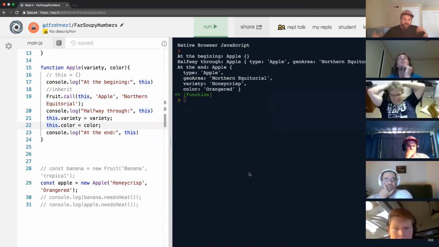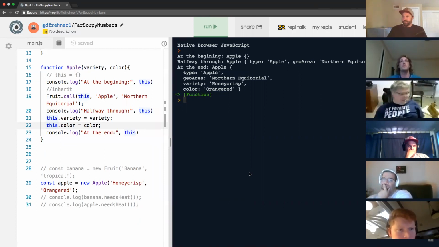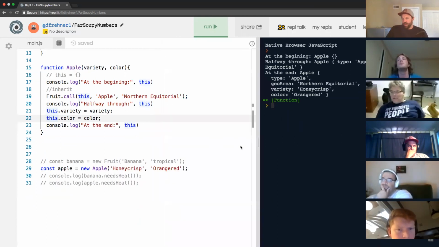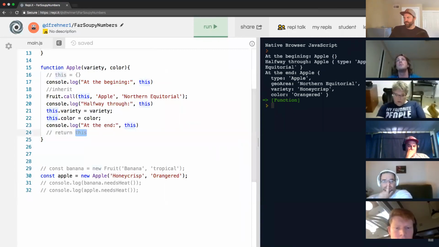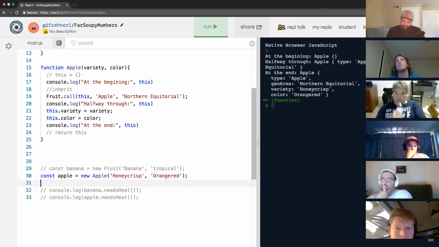So you can watch that progress happening the entire way through that constructor function. And now we end up with whatever this is. Remember, that's what it does, right? The very end, as soon as we call new, it returns this. So we're getting this back, right? And we can do that by saying